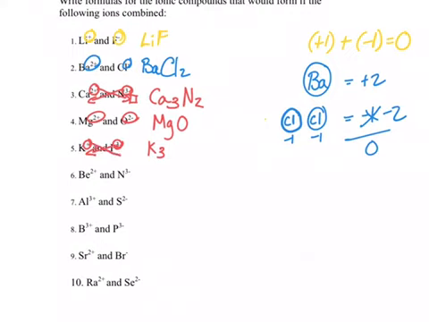Then cross this one over, I'll have P1. And then beryllium and nitrogen, so that small little 2 crosses over, and then this 3 crosses over, and then we have